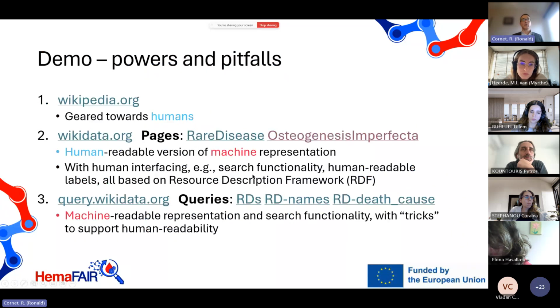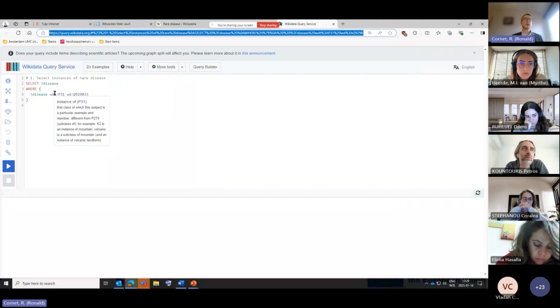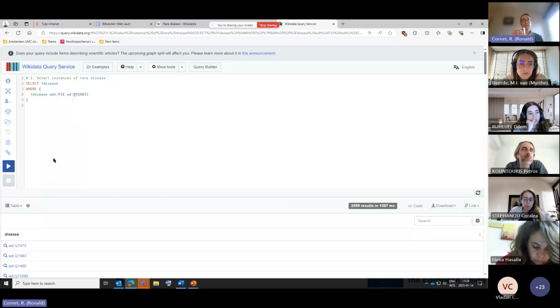And that's nice, because in this way, through this structured and standardized way, we can query. And for example, I can query for rare diseases. And basically here, this query, and forget about the query language. This is just an example. We can always dive deeper if you're interested. This is called SPARQL. You can query for, in this case, all diseases, which is an instance of a rare disease. So if I query this,